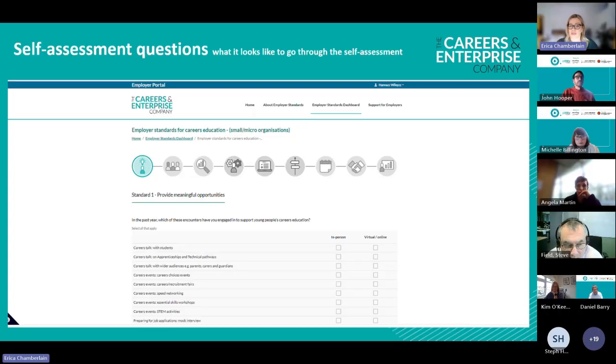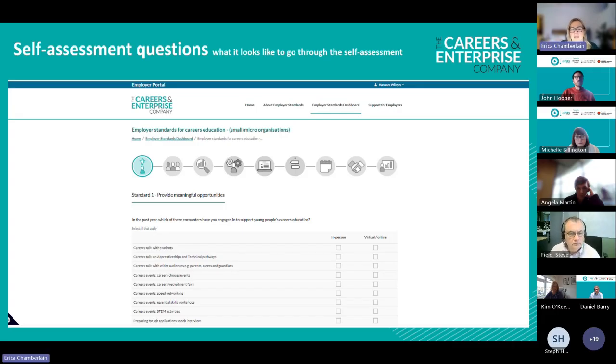For example, do you ask a school or college about the cohort that you're going to be engaging with so that you can adapt your session? And the answers are always: yes, you always do that; yes, you sometimes do that; no, but maybe you're thinking about it soon; no, never; or it might not be applicable to you as a business. You don't need to provide any evidence because it's a self-assessment, and the tool is really for your benefit as a way of doing that improvement and making sure that you can reach quality.